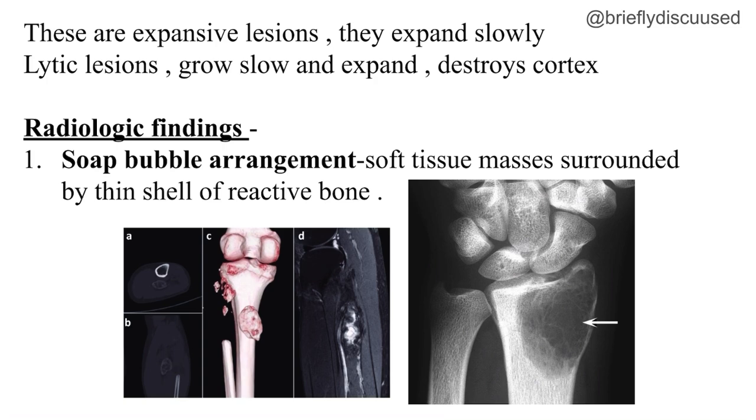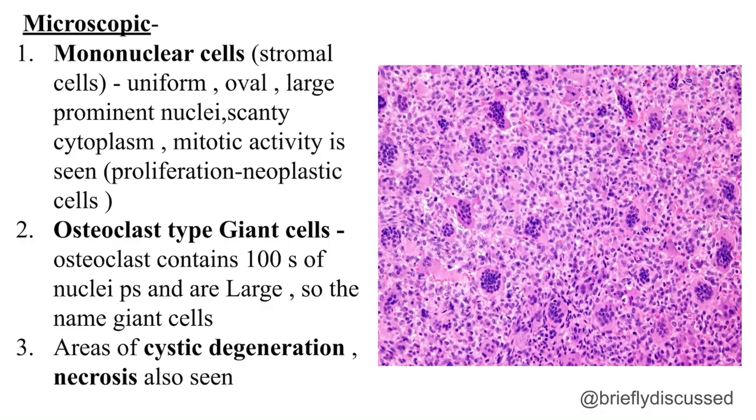What is a reactive bone? This reactive bone is something which is formed because of the activity of neoplastic cells, right? See what I have said before. There is a lesion in the epiphysis of the long bone which is growing and expanding into the cortex. That new layer which is getting expanded into the cortex is a reactive bone. So there is a formation of a thin shell of this reactive bone which is expanding into the cortex. So there you can see this soap bubble appearance on radiological finding, right?